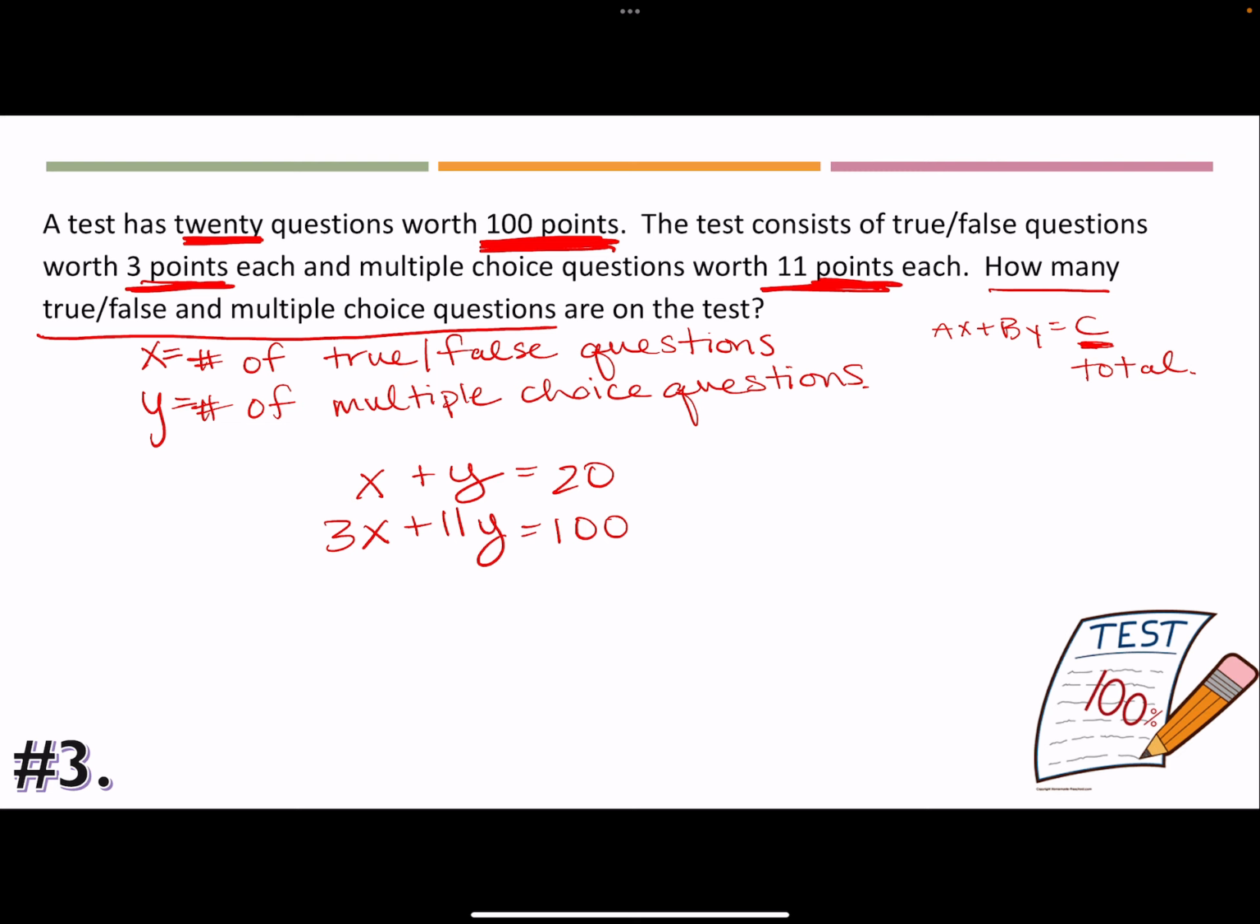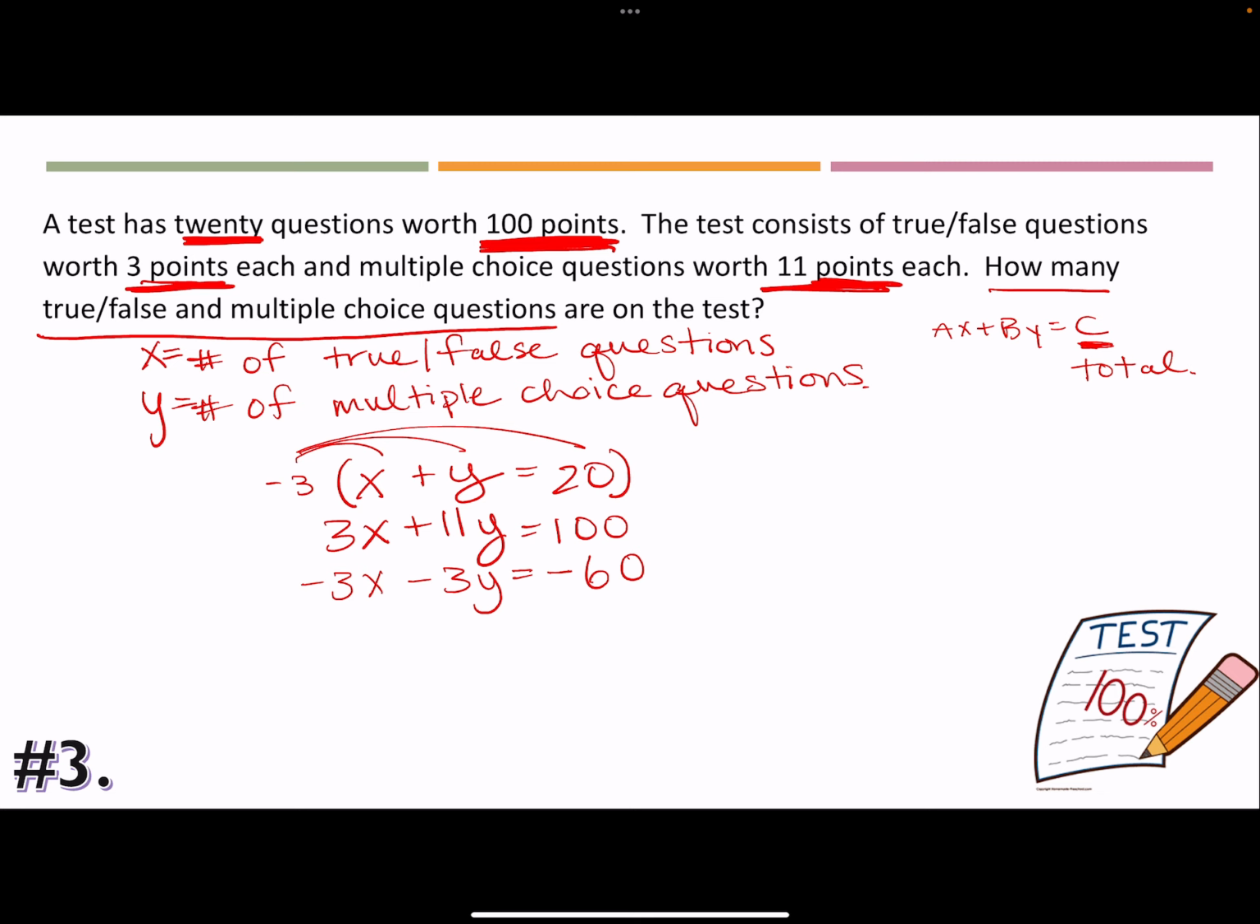So we need to solve the system. You can use either substitution if you want to get one of the variables by itself, or I'm going to use elimination because I think that's a little bit easier. These are set up for elimination for me. So I'm just going to take this top equation, multiply by -3, because I'm going to get the x's to cancel. So this is -3x minus 3y equals -3 times 20, -60,